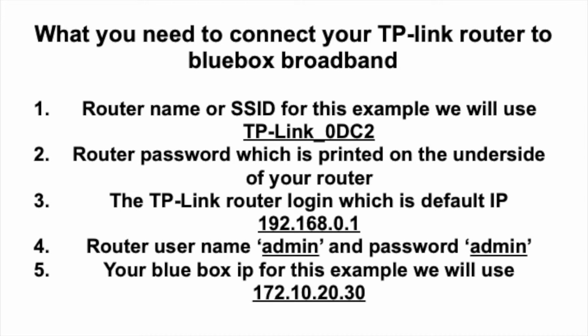In this example, we will use TP-Link_0DC2. The password for your router can also be found underneath it. And you will need the router login IP. This is set to 192.168.0.1. You will need the username and password for your router, and by default these will be set both to